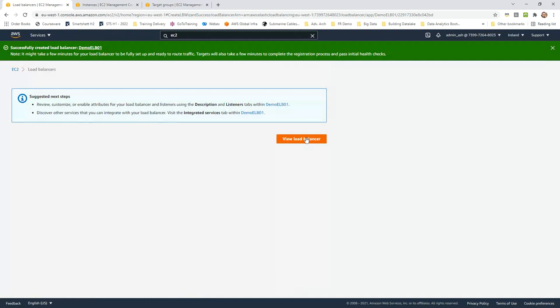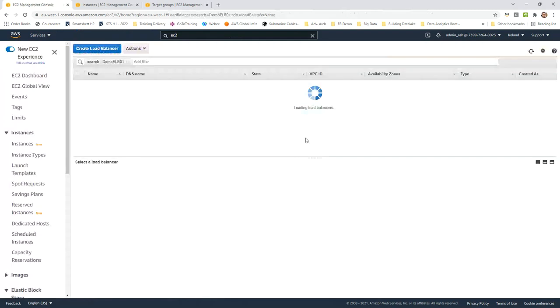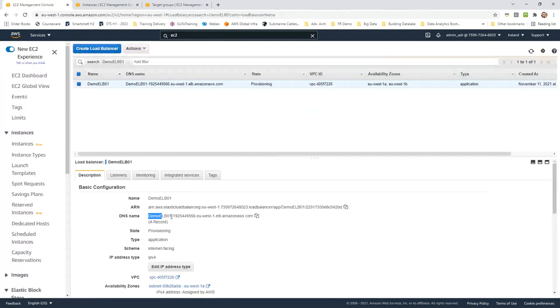And what would happen now is that the AWS service will assign it a unique DNS name, and this is now in the state of provisioning. It may take a few minutes to get ready, and once this gets ready, I would be able to access my application by calling this name. This may not be the most friendly name for your application.